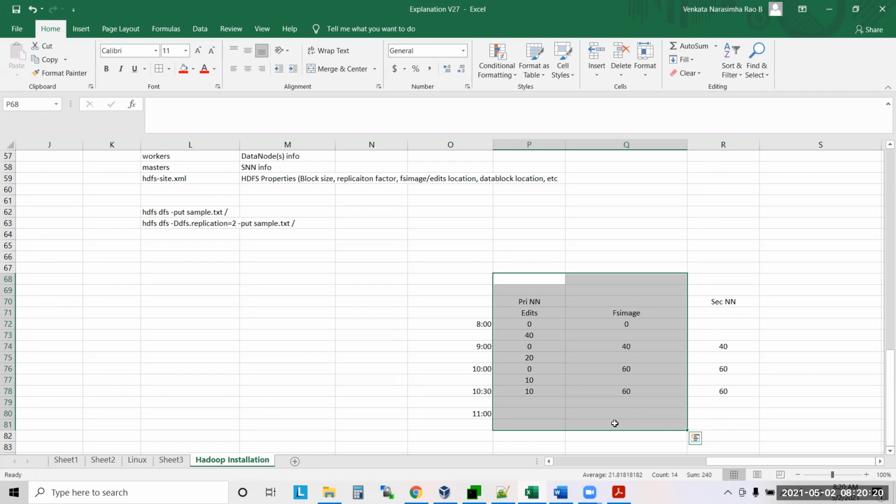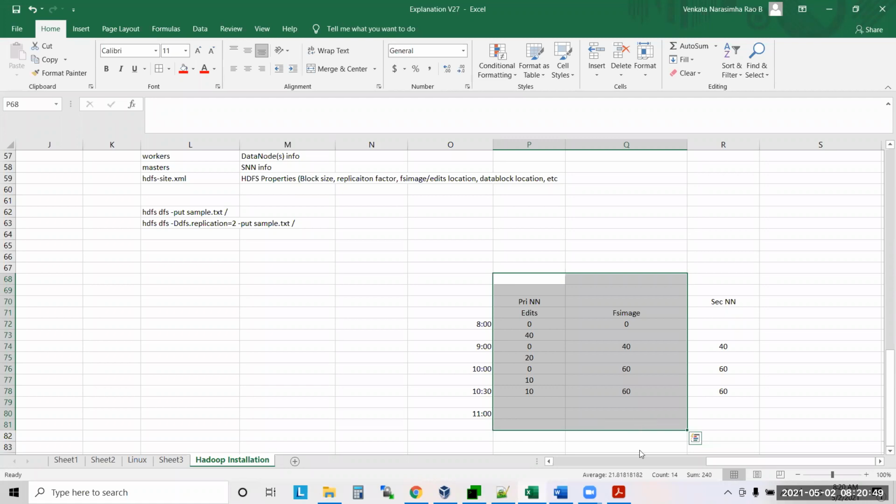Suppose in those 10, let's say it is a banking cluster, and you paid your credit card bill of 1 lakh rupees. In those 10, the 1 lakh rupees transaction is there. Then what will your Hadoop cluster say? It will say you have not paid. Is it a problem? Big problem. Losing transactions is a big problem, so we cannot entertain that.